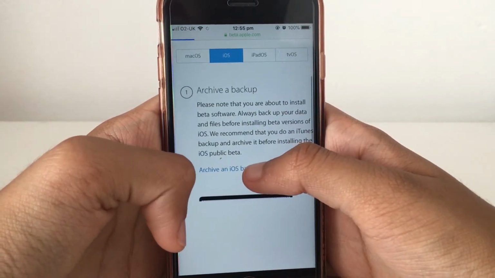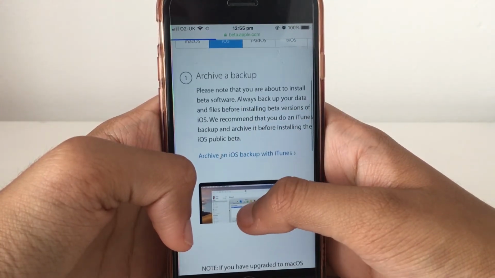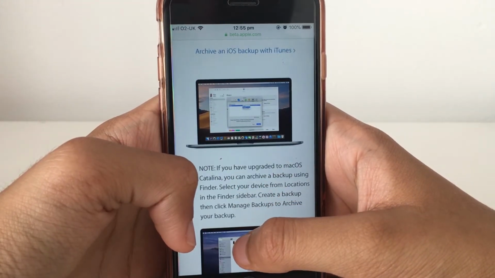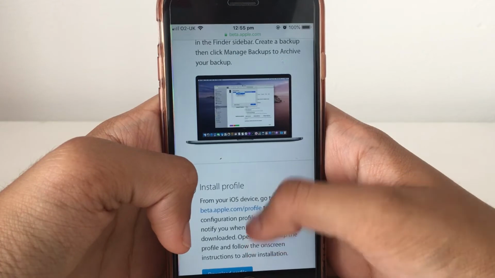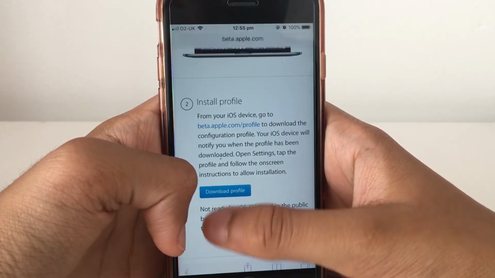Then this is just Apple letting you know that you should archive a backup, just in case the beta install doesn't go to plan and it corrupts, so you have a backup of your iOS 12. From here you want to click install profile, so click download,